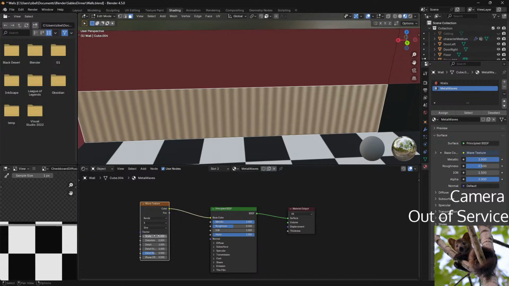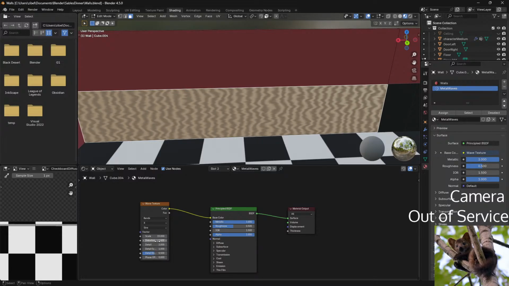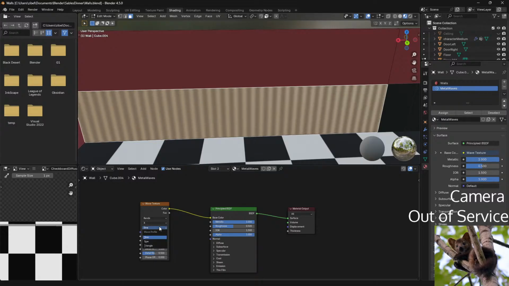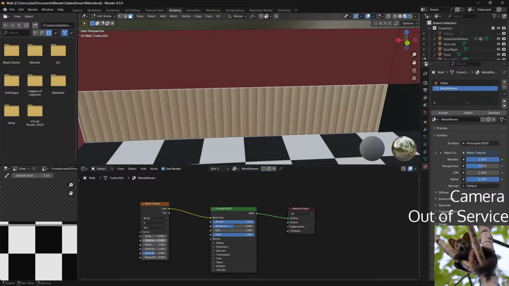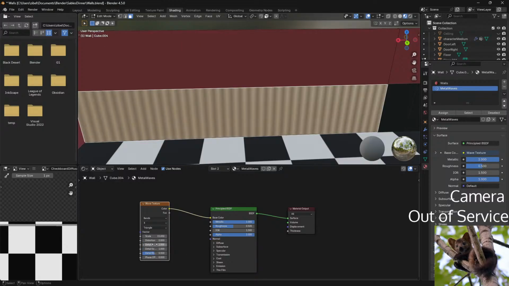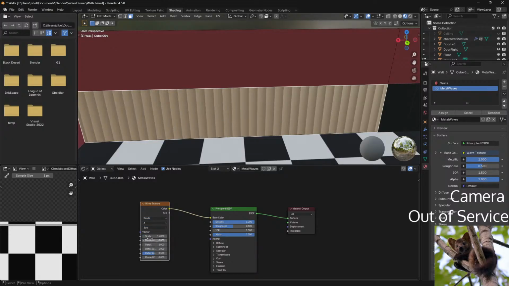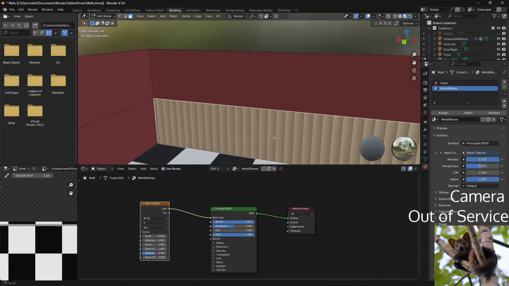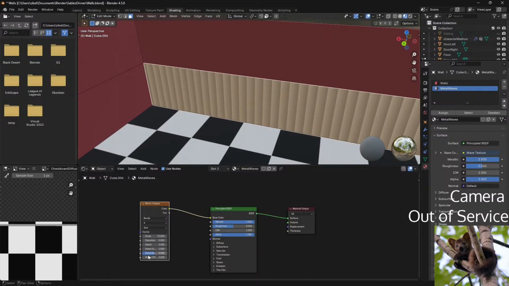I don't know what those values do. I don't remember the base value. There's no distortion, zero. Oh. It's actually better, but I just need something.